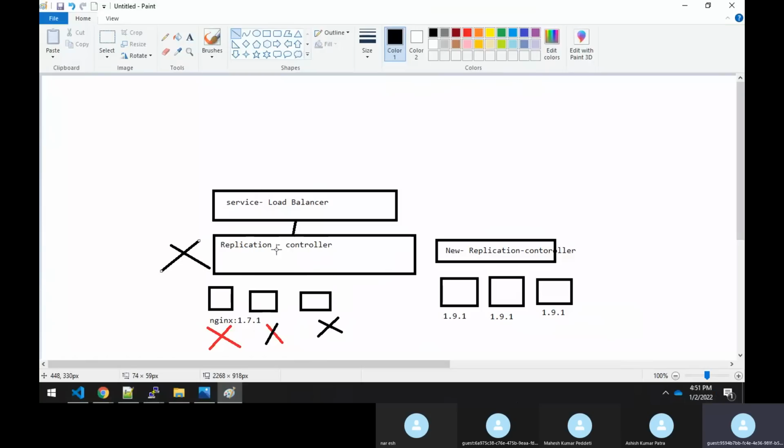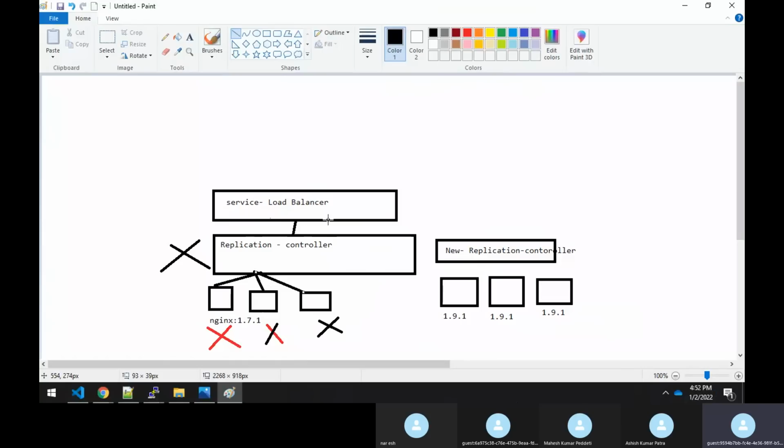The service knows this is the replication controller, and under it many pods are running, so it sends the traffic like this. That's how it used to happen earlier. Now, because of the rolling update, once all these pods are terminated, the replication controller will also get terminated.